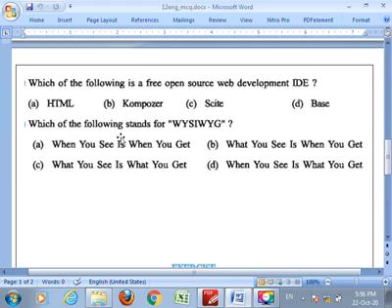Clear? And the next and last MCQ is, which of the following stands for WYSIWYG? It means what you see is what you get. Clear?